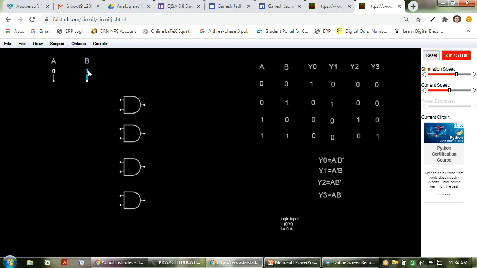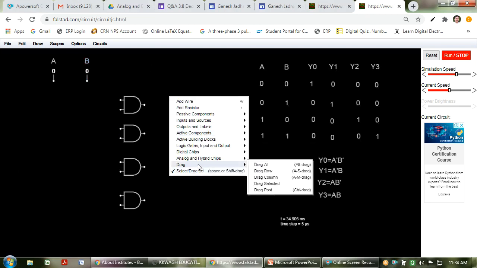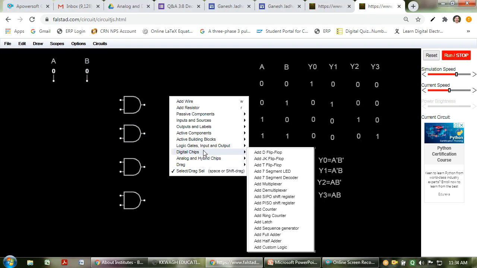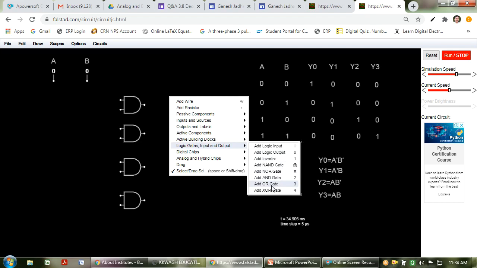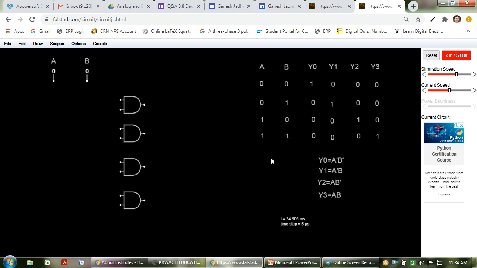So how to connect the complement here? I will right click again, go to the logic gates, and take a NOT gate. It is also called an inverter, and I will place this inverter over here. Now let me escape this.